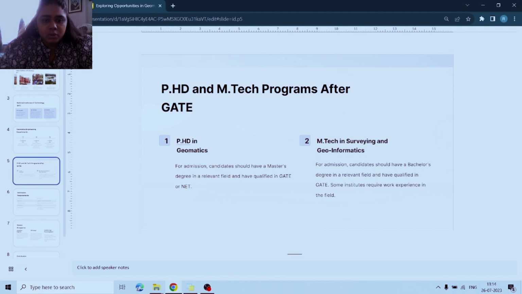Now, as we have told, we can do MTech and PhD. Like in my last slide, I showed you there are three categories. One is PSU, my job. Let's separate it. One is MTech, and the third one is research. Research means you can do PhD, you can do direct research. You can do MTech in surveying and geoinformatics, as I have already mentioned before, and PhD in geoinformatics,